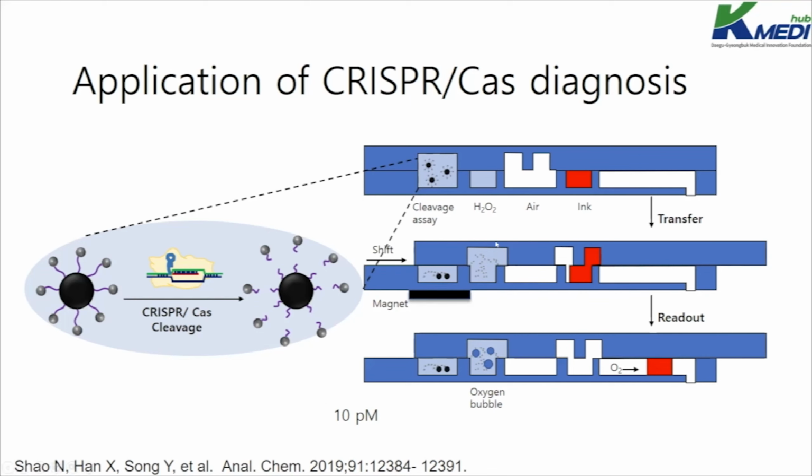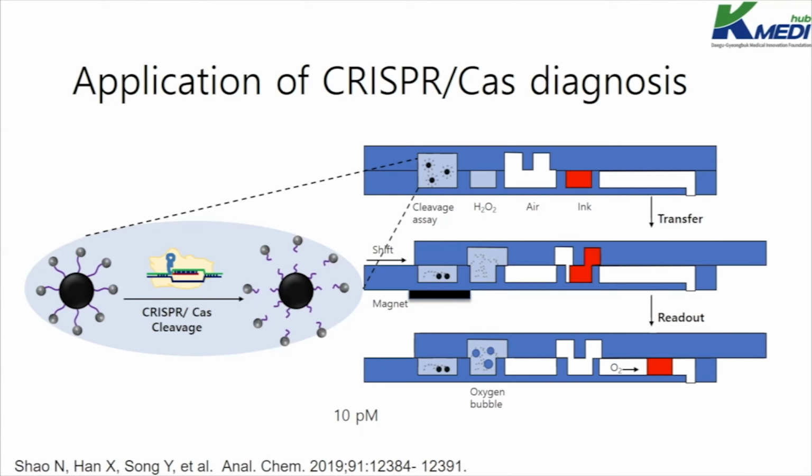So with this detection signal, they said that it is possible to detect 10 picomolar of the target. With this microfluidic chamber, some cell-free DNA in serum and cancer-related mutant DNA was detected. Yeah, like this, they have developed a lot of interesting